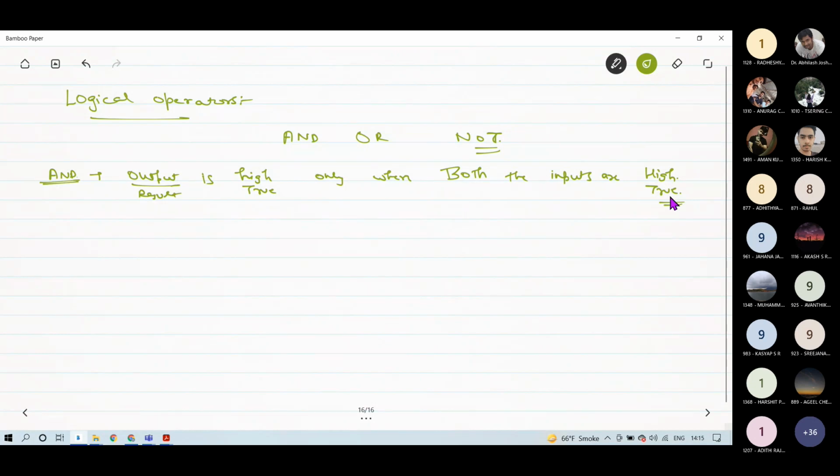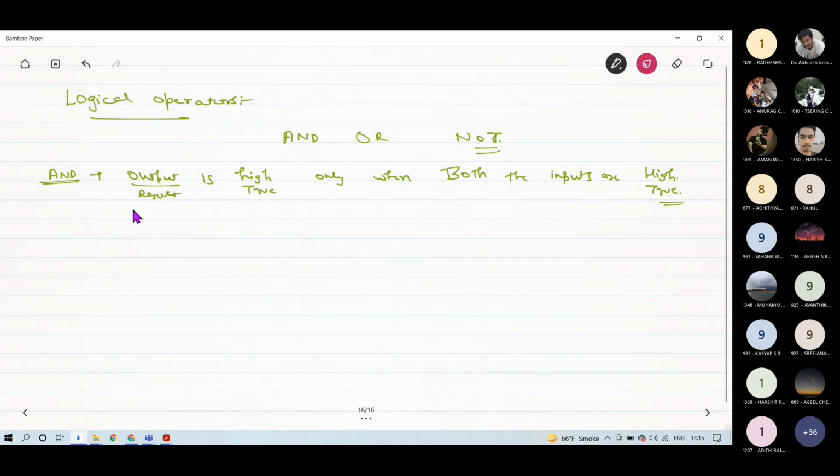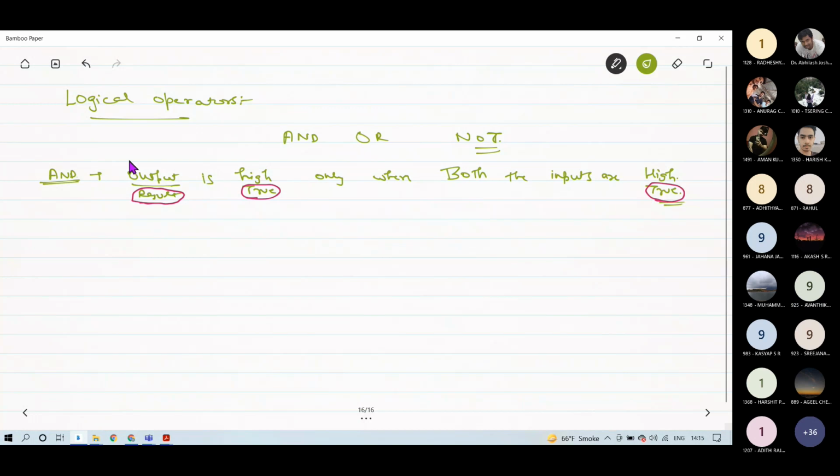Okay, so whatever I have written, this result, this true, and this true, actually corresponds to your C++ programming. So in electronics, for AND operation, for AND gate, output will be high only when both the inputs are high.